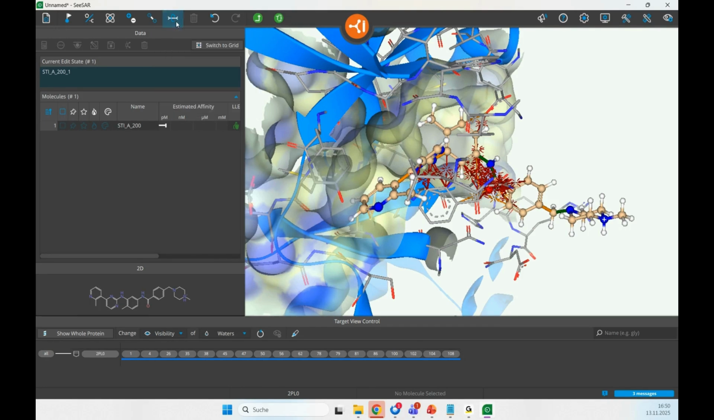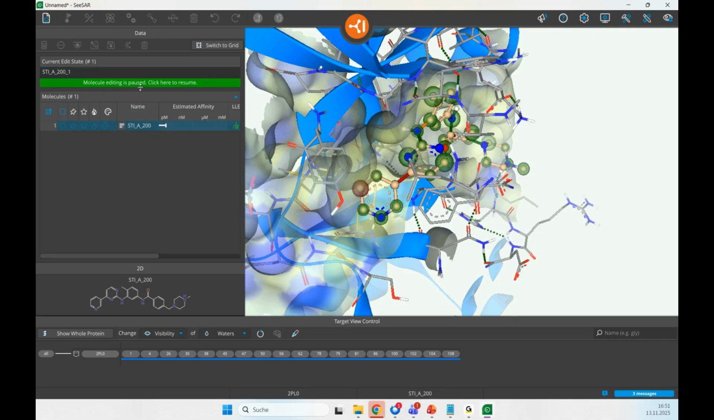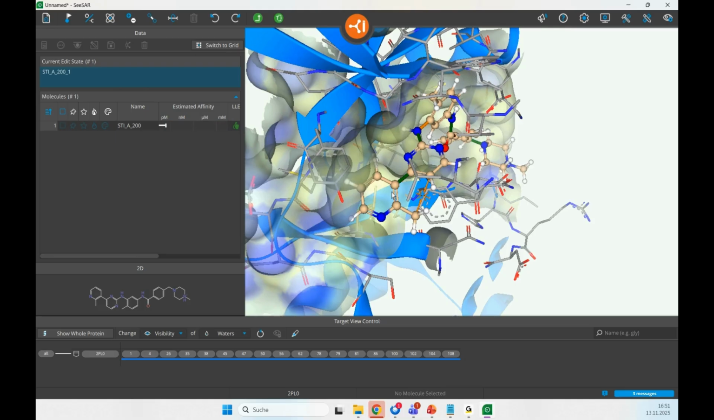your way to go. Okay, now I have done some bad things, so I can also undo and redo them just to see what I did. And again, here you're always working with one active molecule, which you can see here. And if you clicked farther away or clicked another compound, SeeSAR will inform you that the molecule editing is now paused. And if you'd like to resume the whole session, the editing process, you can just click on it, and then you will be back in the place you left SeeSAR